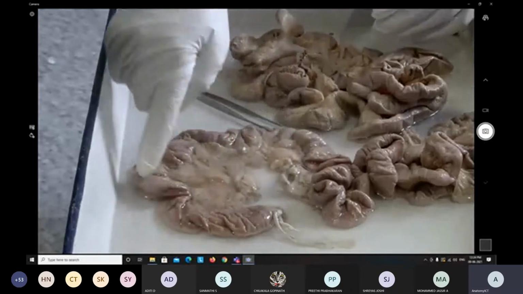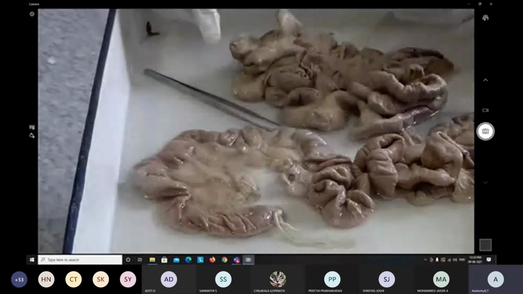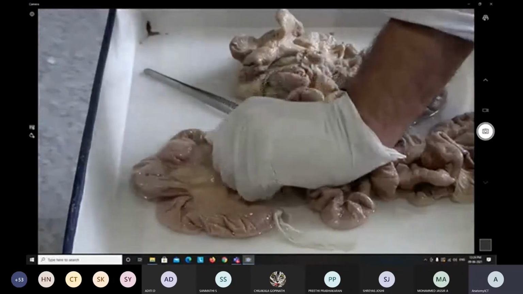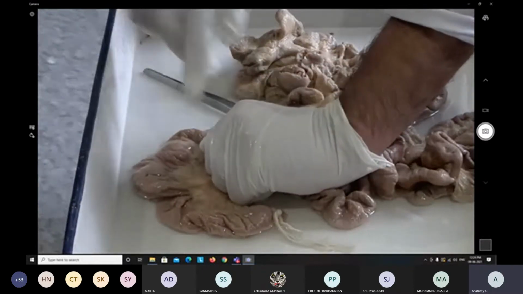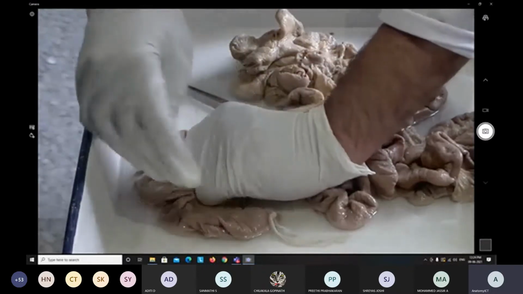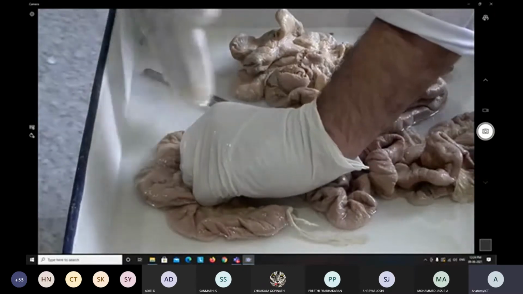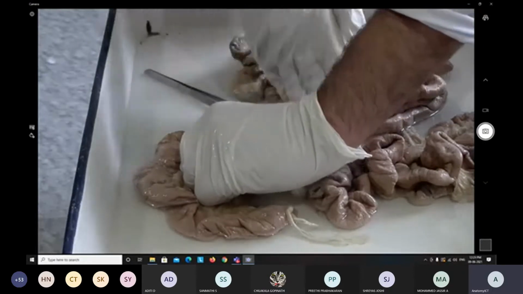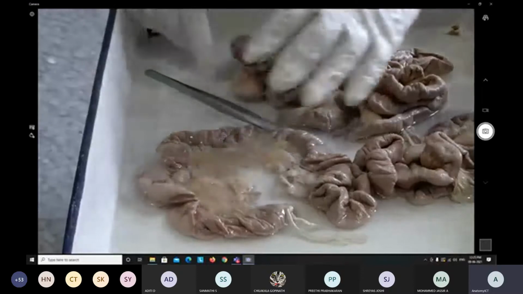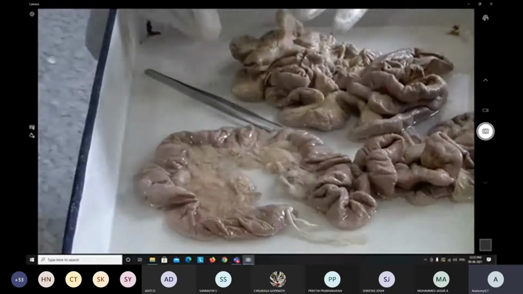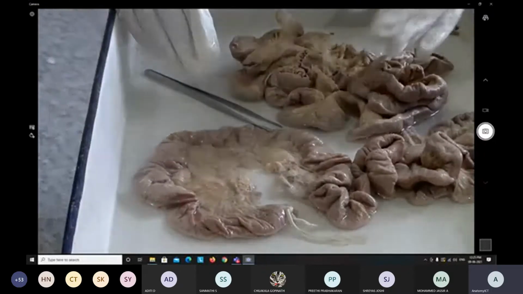Now what happens? This forms a C shape. So this is the convexity and this is the concavity part. The concavity part is filled by the head of the pancreas. The pancreas is largest here, which is overlapped superiorly. The first part is towards the right side, the second part is inferior to the head of the pancreas, then the third part, and the fourth part obliquely runs like that. So that is how the pancreas is situated in relation to the duodenum, and that is how the duodenum is located in relation to the lumbar vertebrae.